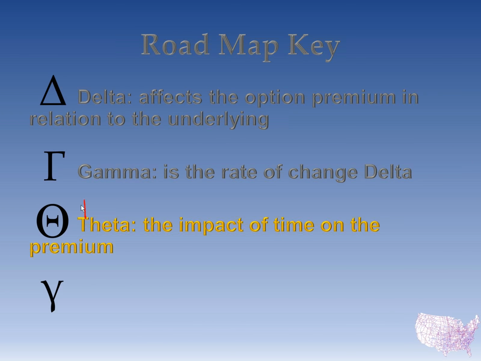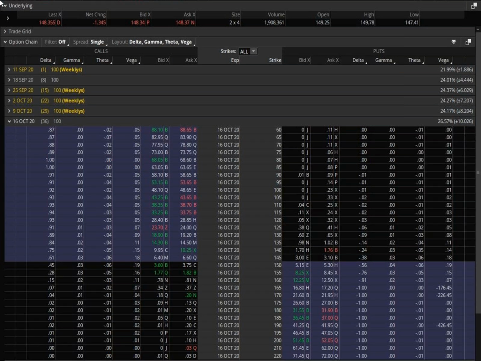Theta. Theta is our thief. Theta is the thief in the night that comes and steals your premiums every single night. And one thing we notice about theta, it's the impact over time. So basically 1 day, right? We talked about moving forward. We can't go back in time. So theta is always going to be negative, no matter the calls or the puts, all right? It's a negative to our premiums. Every single day that goes by, theta, that thief, comes in and steals some change out of your pocket.